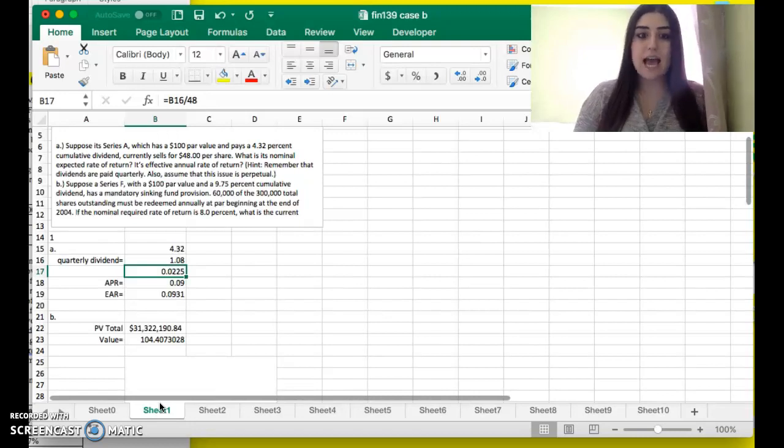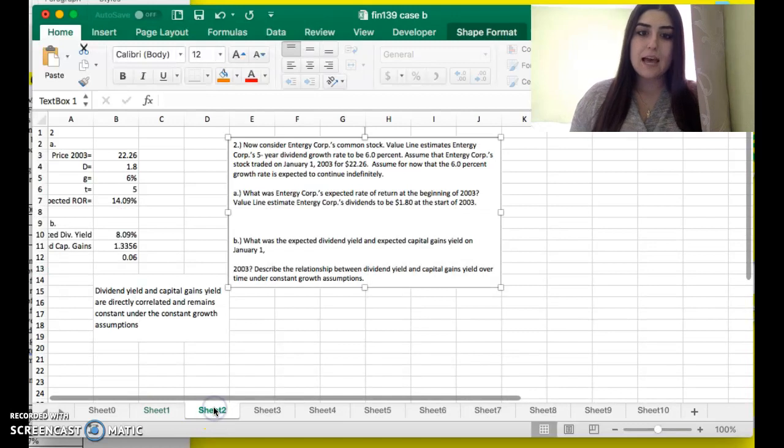The next question, asking for Series F, wants to know what is the current value of the stock given the information. So the present value, the total altogether, is $31 million, and so then the value comes out to $104.40. Next question is wanting you to consider the common stock, and assuming the 6% growth rate is expected to